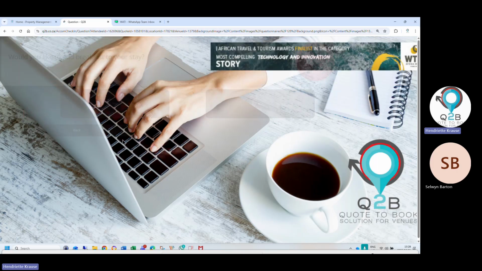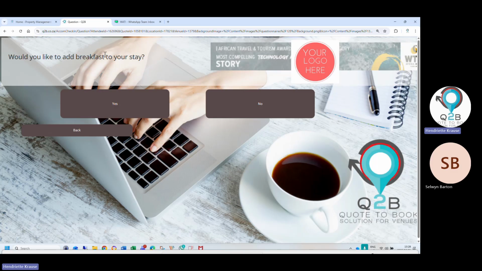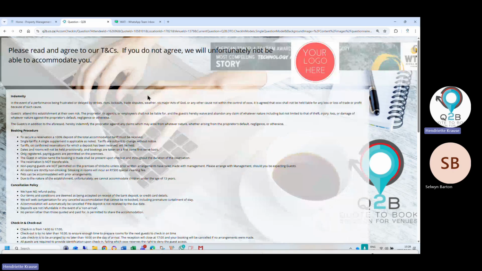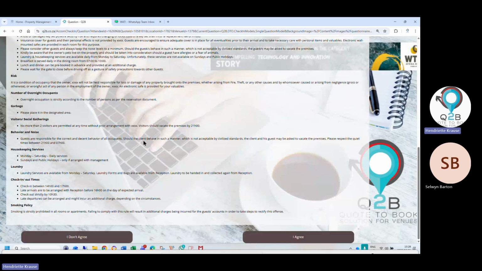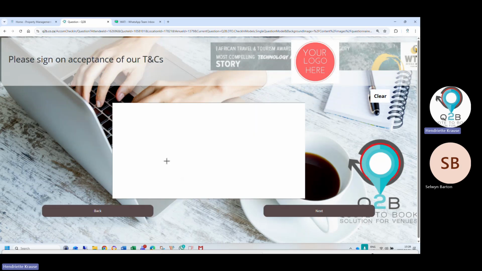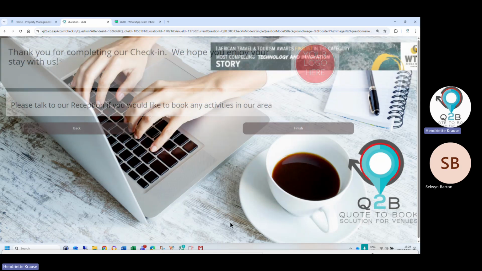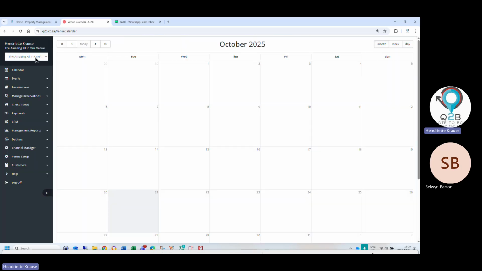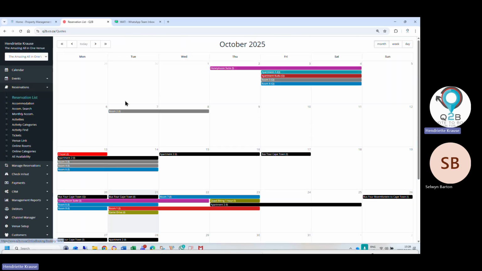Okay. Then the check-in app can ask multiple questions where you have to make a selection. Mine is just examples. It displays your indemnity. A customer agrees to the indemnity. The check-in app can take photos. It can take signatures and finish. And it will show you 1 out of the 2 guests checked in. And we store all that information for you on the booking.